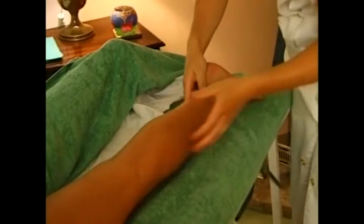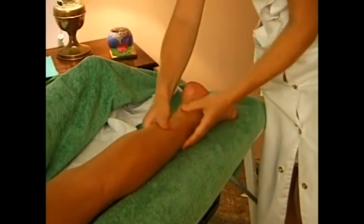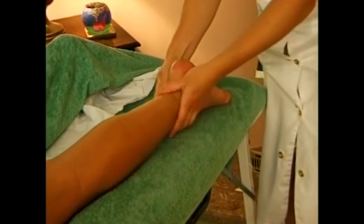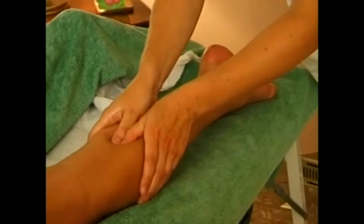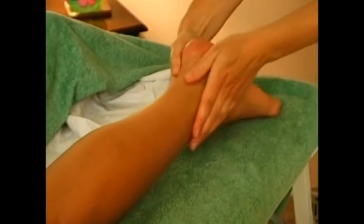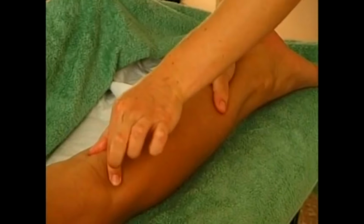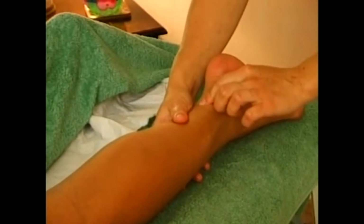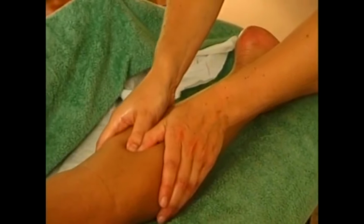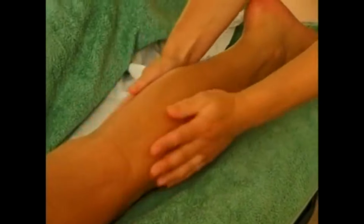Using that good old effleurage again. And then working on the lower leg. First of all on the Achilles tendon, and then working up the back of the calf muscle. There's actually a few muscles here, but the main one is the gastrocnemius muscle, which has 2 heads and 1 foot. So when working up, I'm able at about halfway to apply pressure with my thumbs into the centre, where